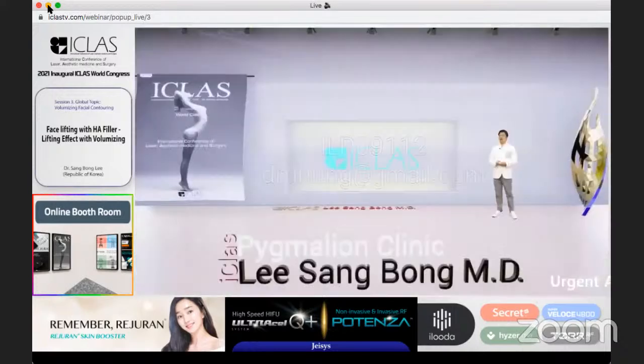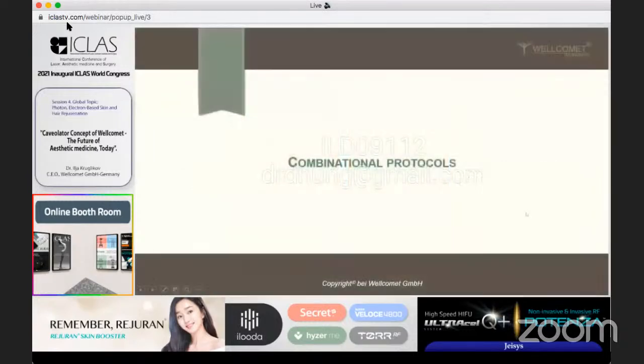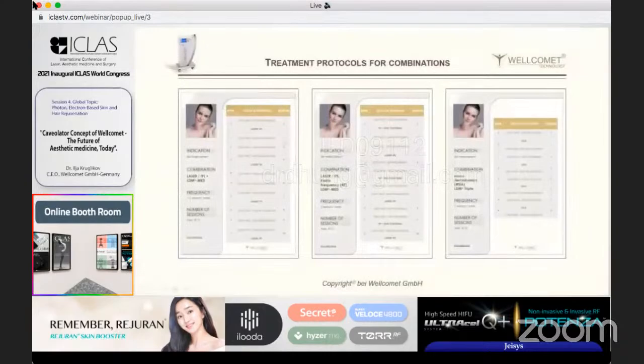With such application, if you combine them, even with a single complication, you can manage a lot of different skin conditions, but by combination, this is an almost infinite number. You can also use the combinational protocols for the